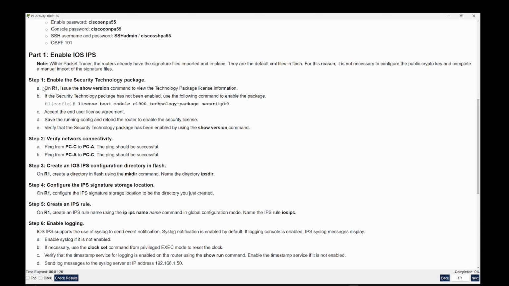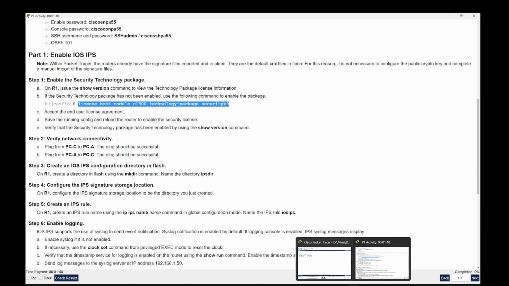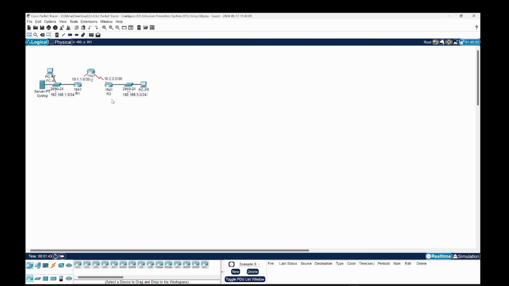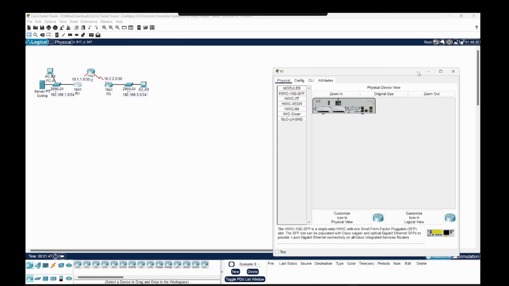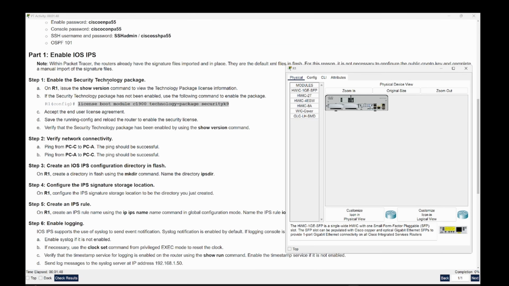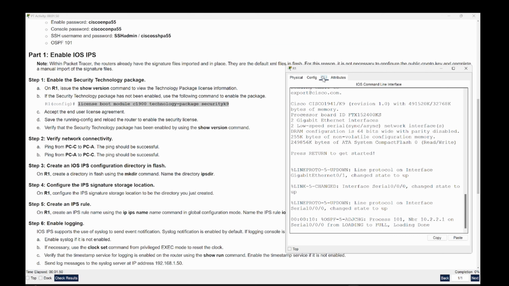So, step 1. On R1, issue the show version command to view the technology package license information. If it's not enabled, we're gonna run this command, so we're gonna run it anyway. And let's jump to R1. Let's put it on the side. Yeah, R1. So CLI